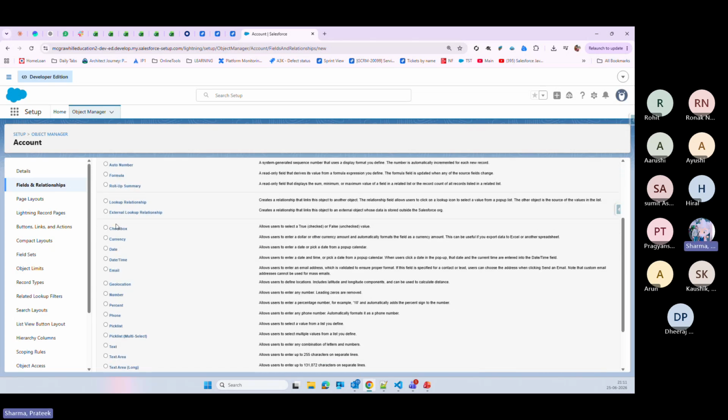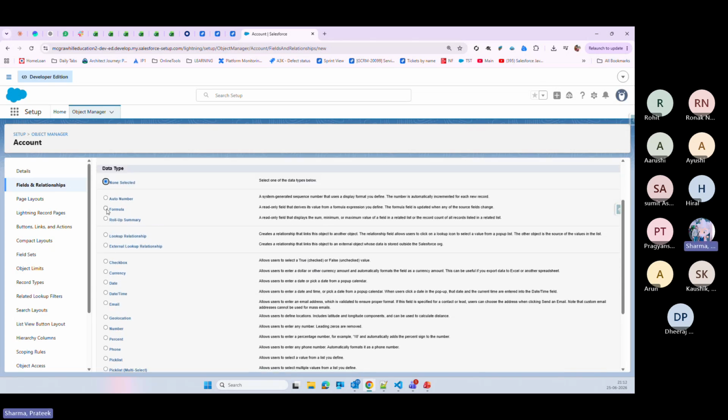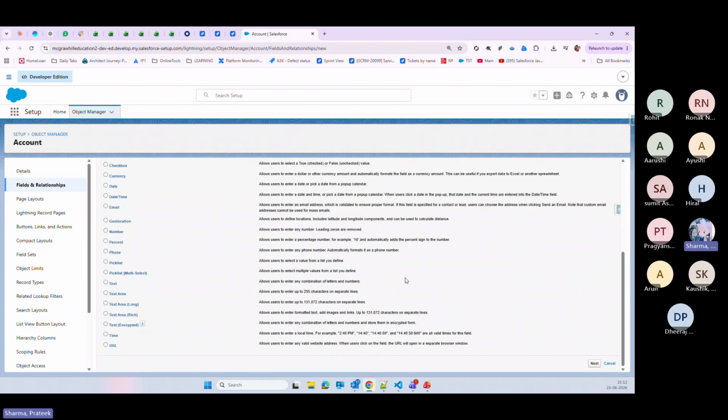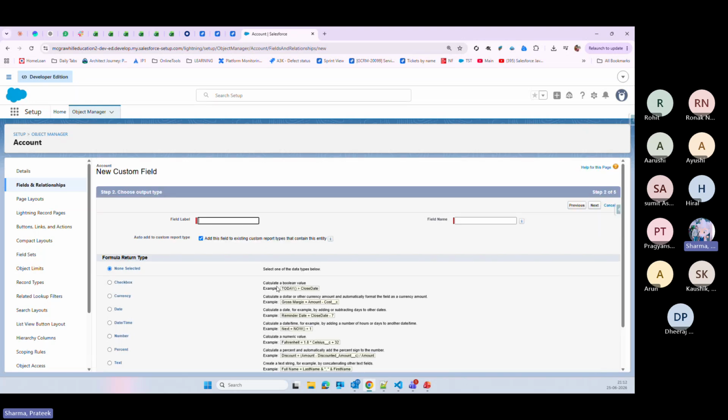Okay, and then you can see here our data type is formula, right? You can read the text in front of it. It is a read-only field that derives its value from a formula expression you define. The formula field is updated when any of the source fields change. Okay, so you can click on next after selecting the data type as formula, and here it is asking for